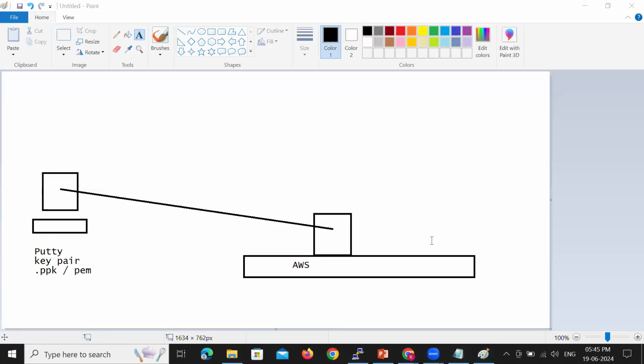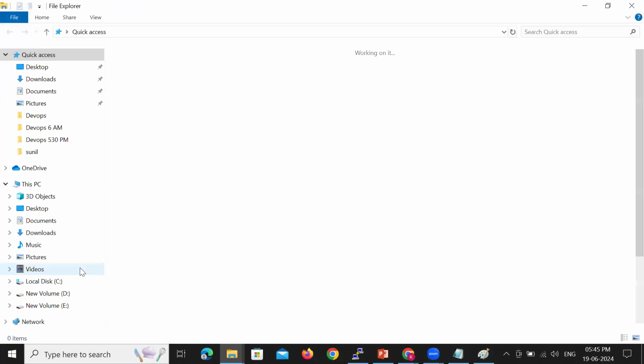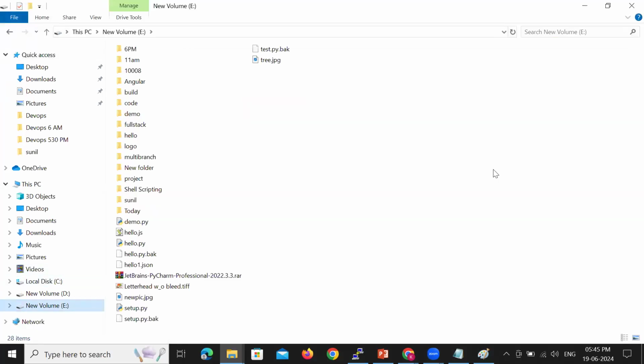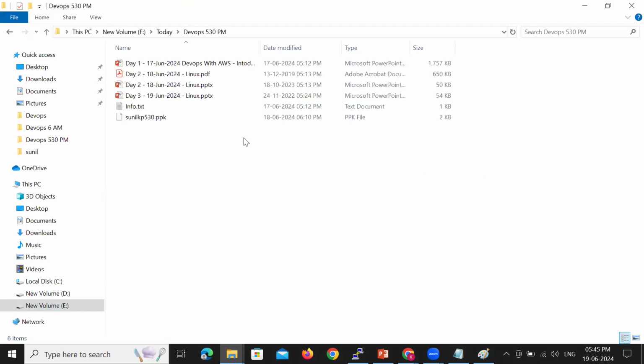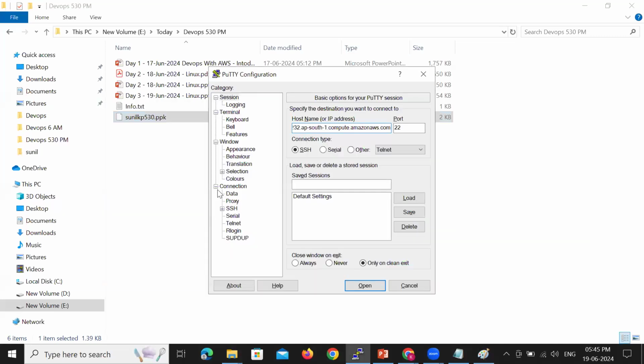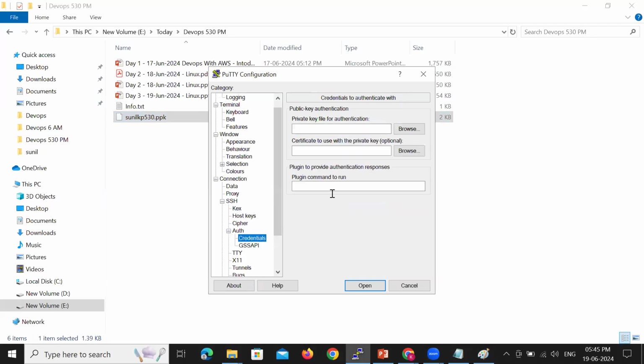I remember I downloaded the key pair in the E drive, today folder, DevOps 530. Can you see? This is the key pair which I have created. You need to practice, my dear friends. I'll be using this key pair for connectivity. Under Connection, under SSH, under Authentication, go to Credentials. The private key is nothing but the key pair.